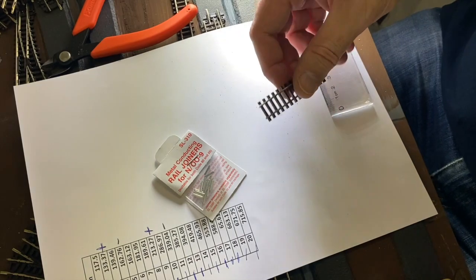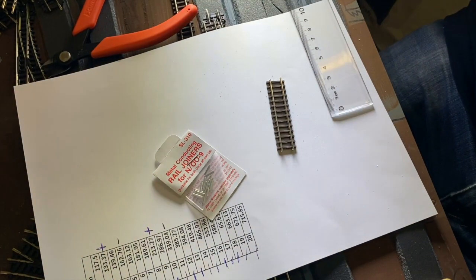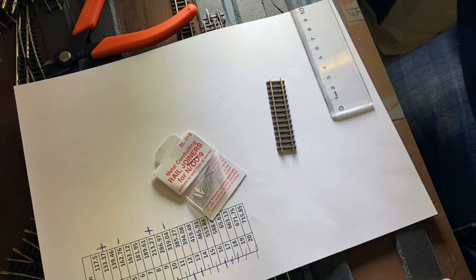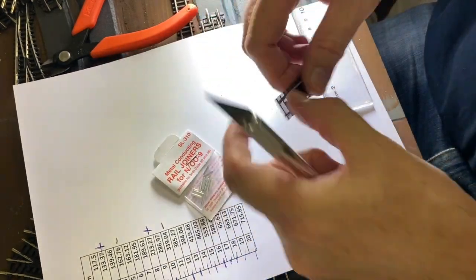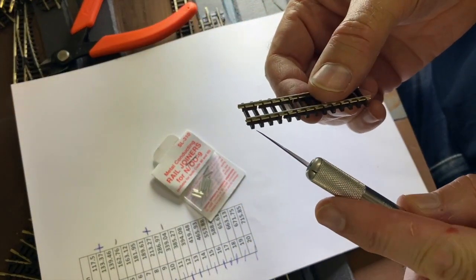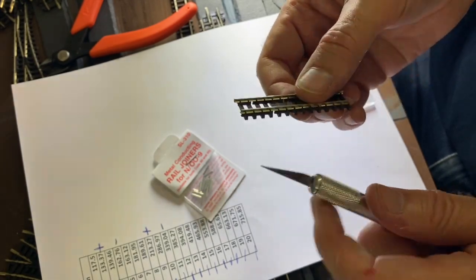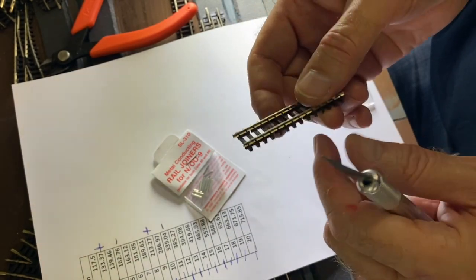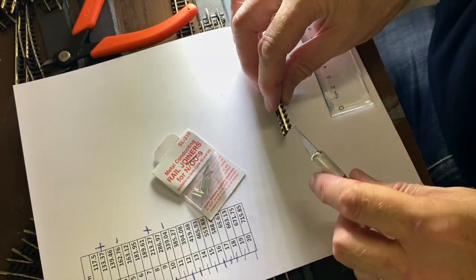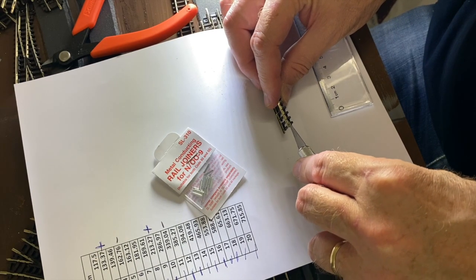Okay, so we've got to get the fish plates on the track itself. We are going to have to cut away some of the little rail chairs where the sleepers are connected to the track. There's some tiny little plastic pieces that hold the rail onto the sleeper. To get the fish plate inside here, I'm going to have to cut away those little rail chairs just very gently,